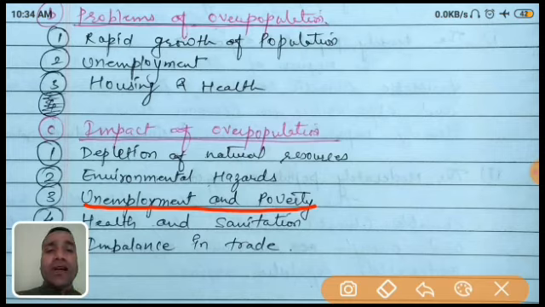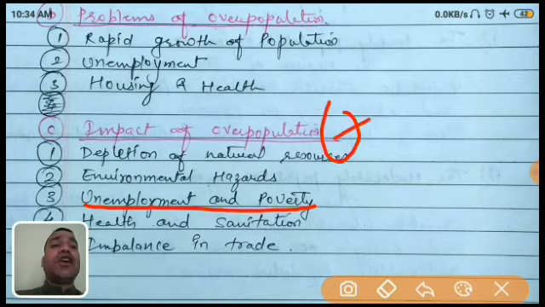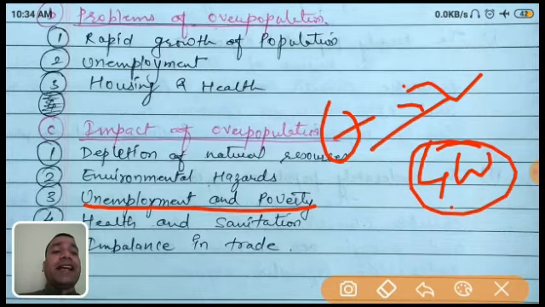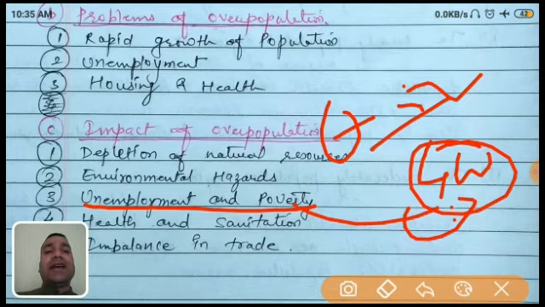Okay, next one, it is unemployment and poverty. Unemployment and poverty I already explained to you. If the people are more, it impacts unemployment, because I already told you there are hundred jobs, there are 500 people. So what will happen, they require more jobs, so 400 more people are unemployed. And if there are 400 people unemployed, definitely they are poor, so poverty is increasing. So that's why it impacts unemployment and poverty. It means most of the people are getting fewer jobs and they become poorer.